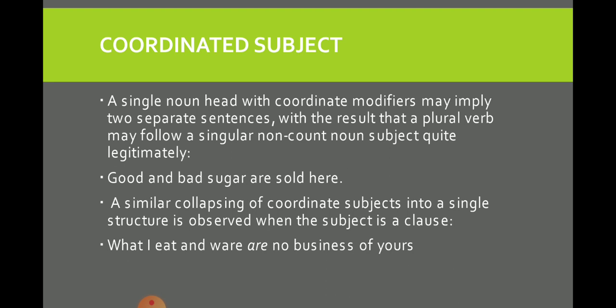Here, dear students, when we have a coordinated subject and we have a head word, especially a non-countable noun, and within the two sides of this coordinated subject we have, for example, descriptions or features of this non-countable noun,